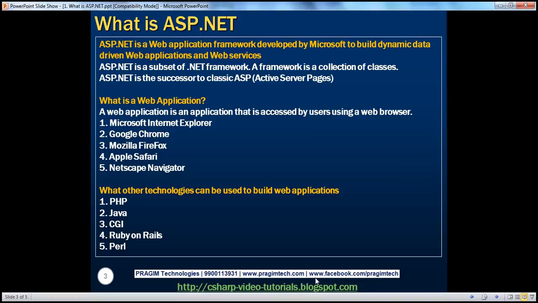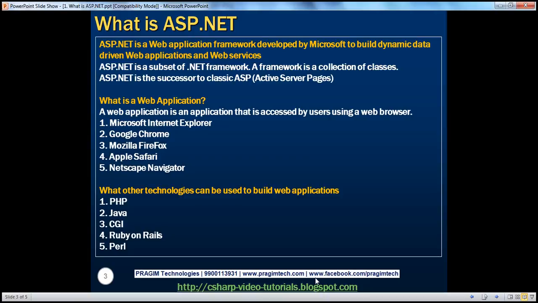So what's a web application? A web application is an application that is accessed by users using a web browser. For example, to search something on the internet, I fire up a browser and then I type in google.com. So google.com, for example, is a web application. Or I want to do some internet banking and I fire up a browser, I type in barclays.co.uk, meaning Barclays is a web application there. So any application that is typically accessed by using a web browser is called a web application.